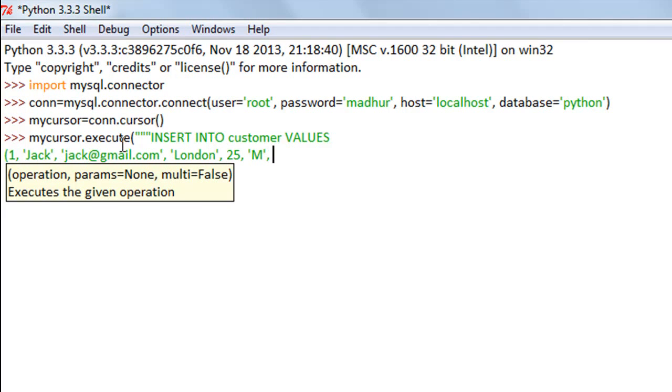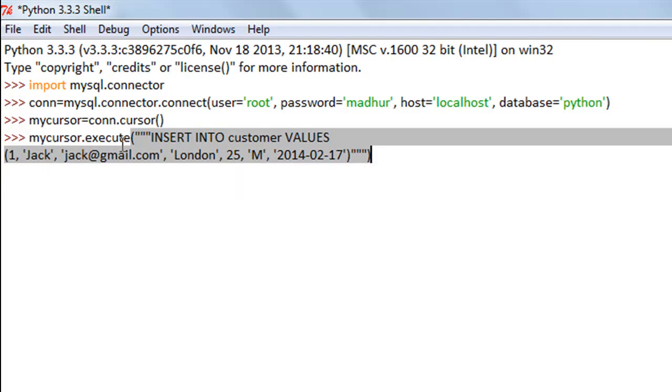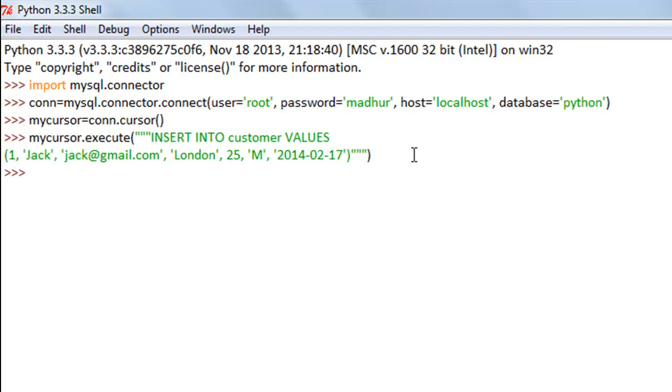And let's say Jack's last visit was on 17th February 2014, so I'll get in the year first, and then the month, and wait a second, am I typing it in the right place? Yeah, and then the date, which is 17th February. I'll get in the closing parentheses, and then the triple quotes, and then the closing parentheses for the execute function. And let me make sure whether I have everything in place, and seems good. So I'll press the enter key, and